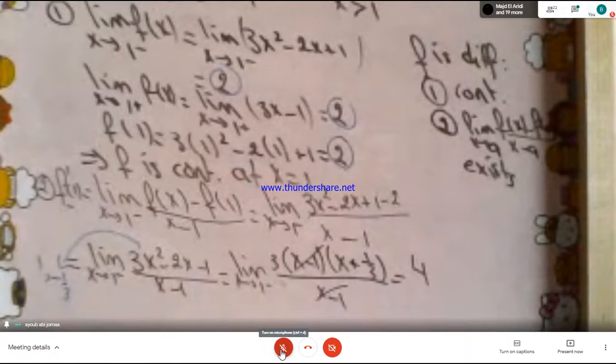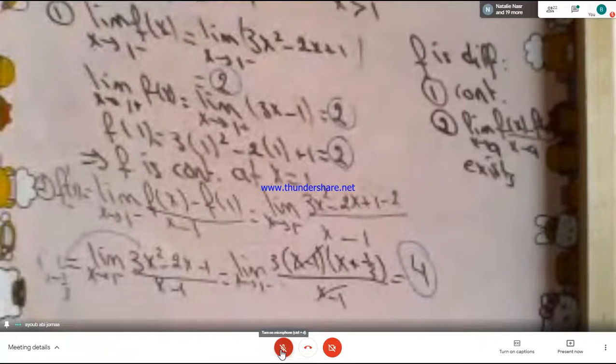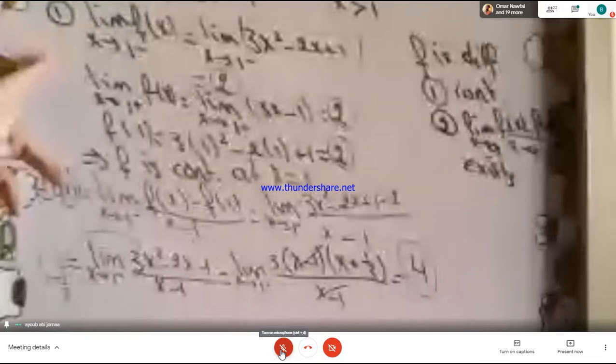Okay, so here the left side, the derivative from the left, f prime minus is 4. Now let's find f prime